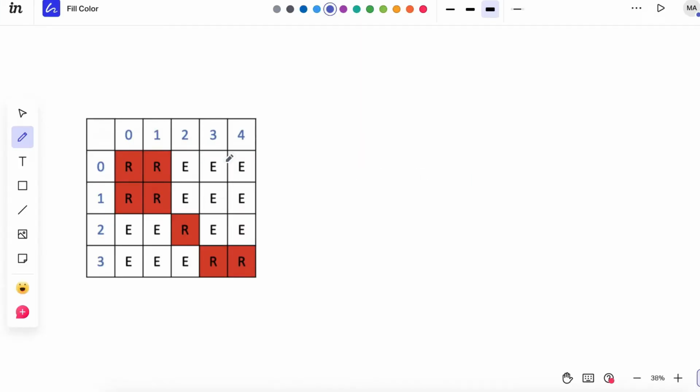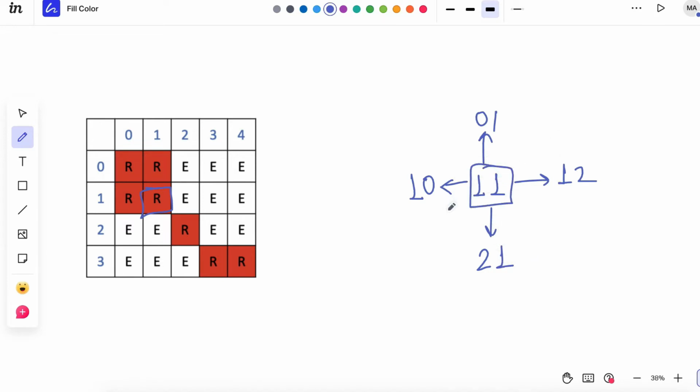So let's take a look at this matrix. Given any cell, say this cell is 1 1, we are allowed to move in all these 4 directions as we discussed. From this cell, if we go up, we hit the cell 0 1. If we go in the left direction, we hit the cell 1 0. If we go in the right direction, we hit the cell 1 2. And if we go in the bottom direction, we hit the cell 2 1. So this is the basis of what directions we move and how we alter the cell number that is given as the input. Let's discuss it further.